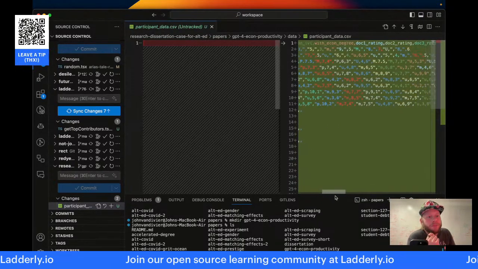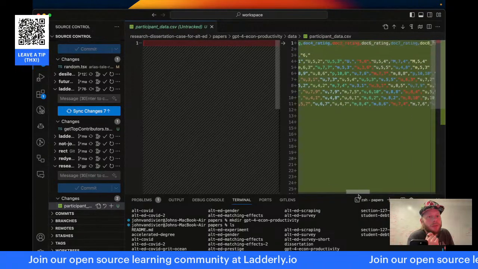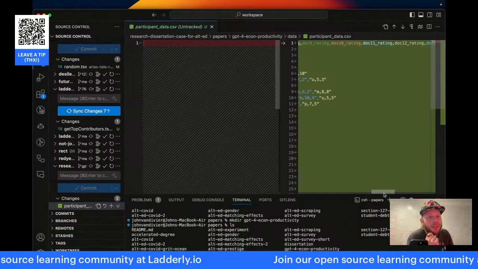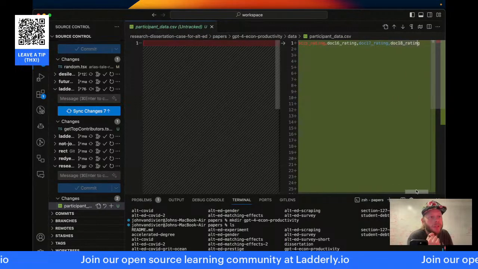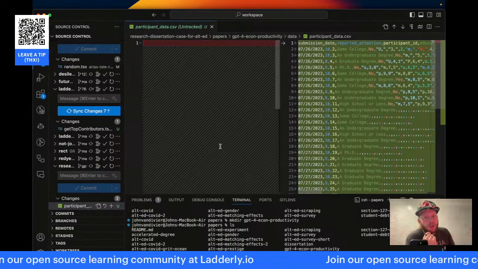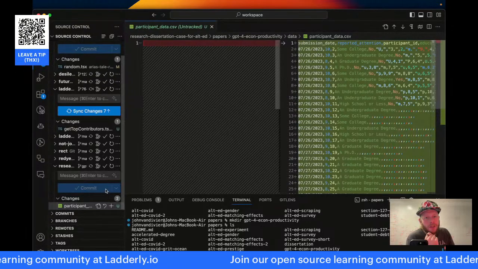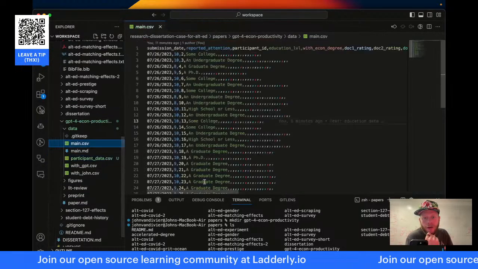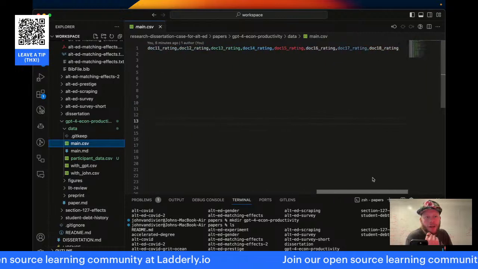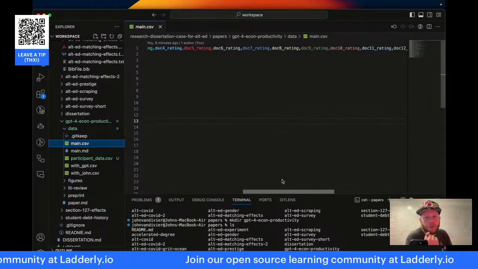Let's see. 1, 2, 3, 4, 5, 6, 7, 8, 9, 10, 11, 12, 13, 14, 15, 16, 17, 18. As there should have been the whole time, right? How has this changed? In my main CSV, if I move to the far right, I have doc 18 rating, right?